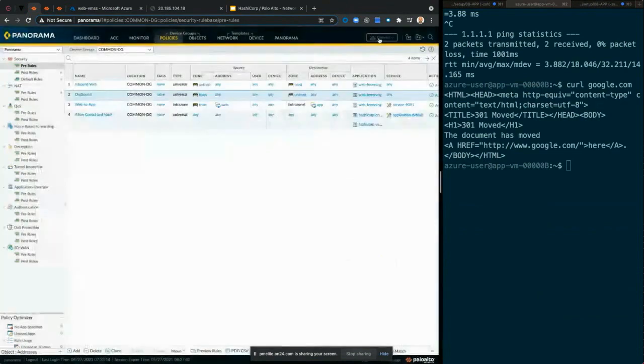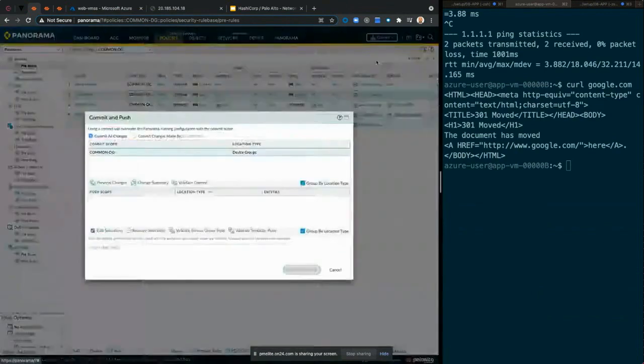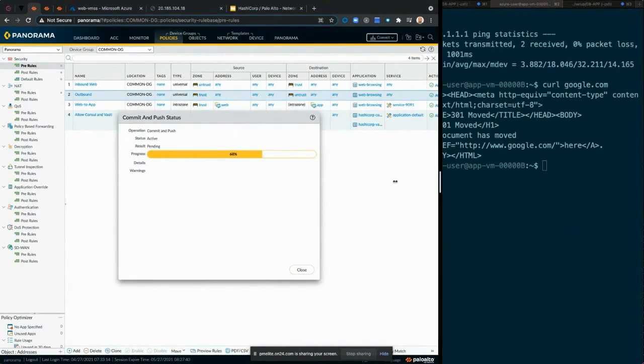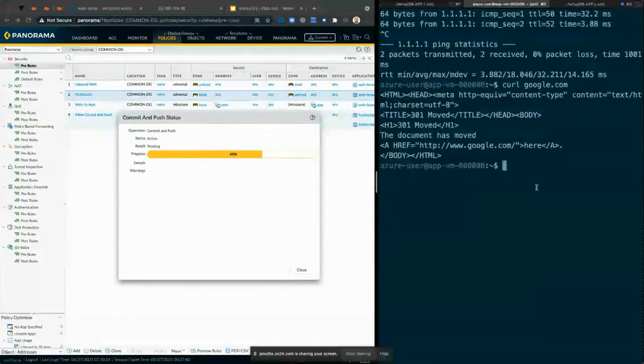And I can push those rules to all the firewalls managed within that device group. So from a click, right? So you're enforcing those rules on those VM-Series firewalls. You're making sure that in case your application layer gets compromised, you enforce security on VM-Series firewalls.